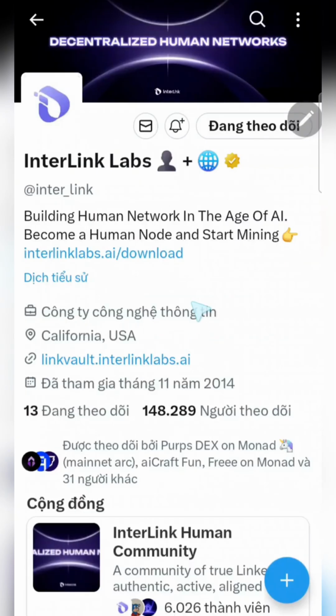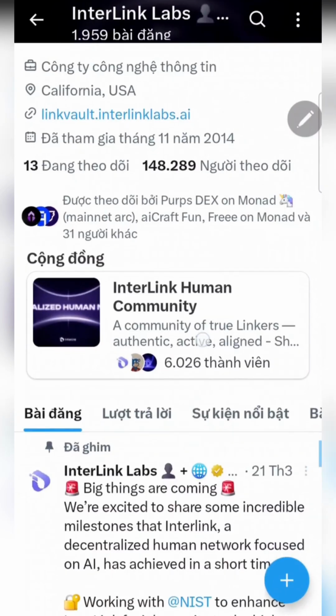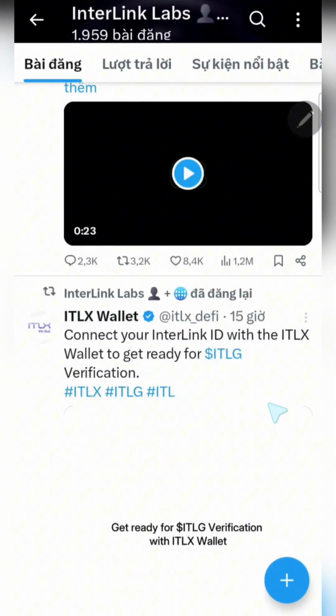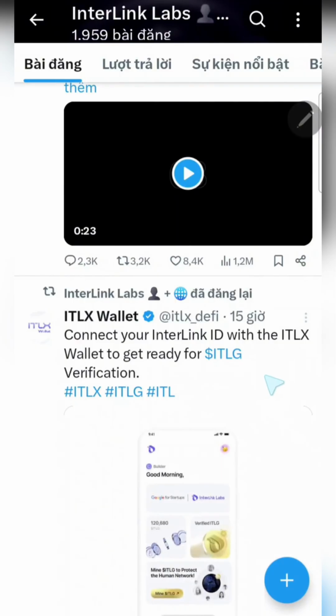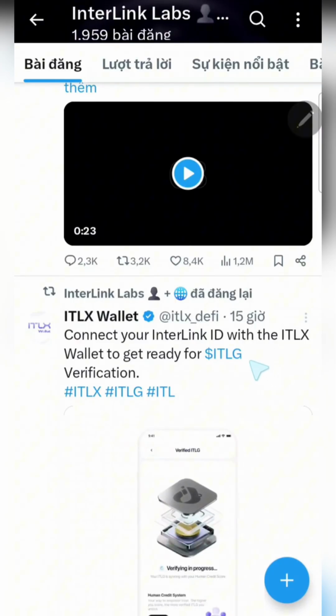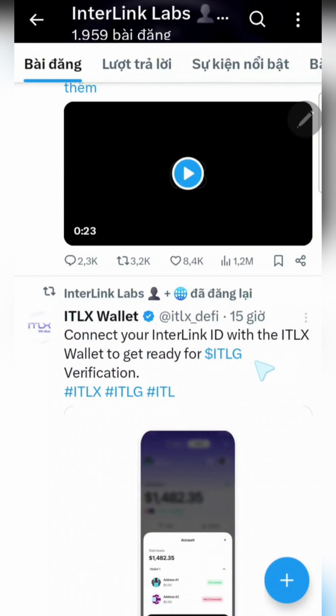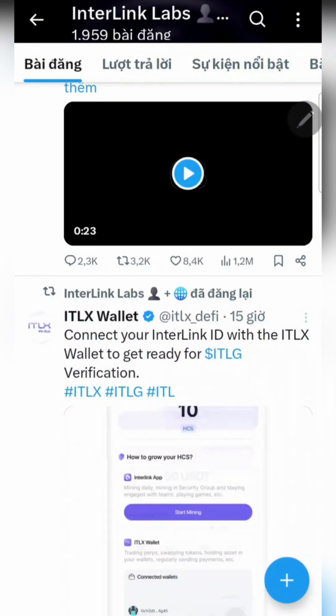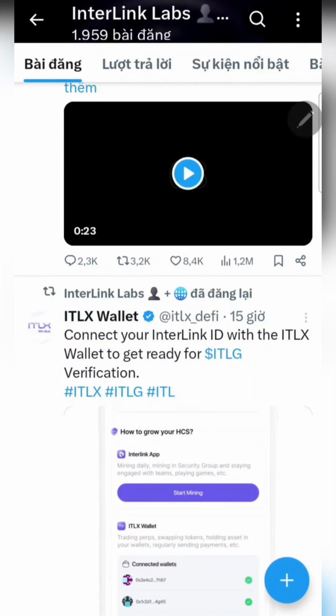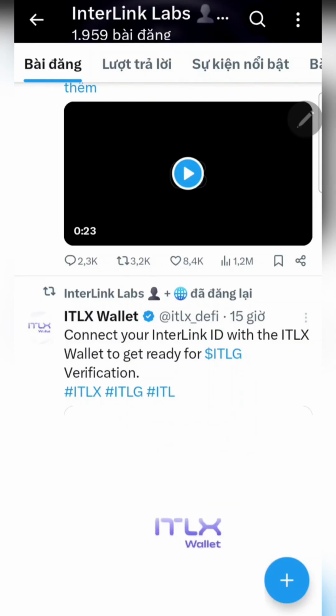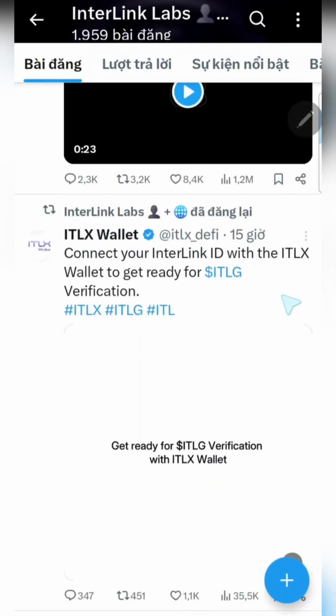Here I will also update you on some information that I have just received from the InterLink project. This project has a lot of announcements and also a lot of updates. However, sometimes they make announcements but then are unable to carry them out, or they postpone the timing for those tasks. For example, the launch of the exchange and the integrated wallet on the InterLink application. They also made a big announcement about it. However, up until now, they still haven't been able to deliver on it. And there was an announcement